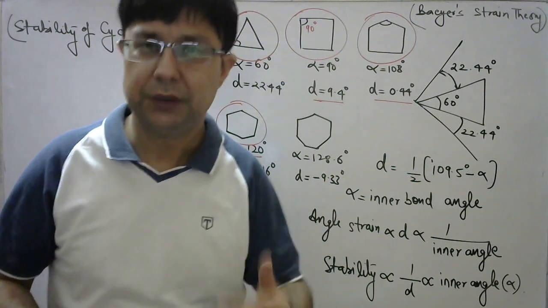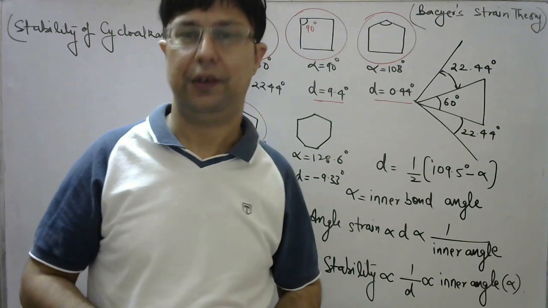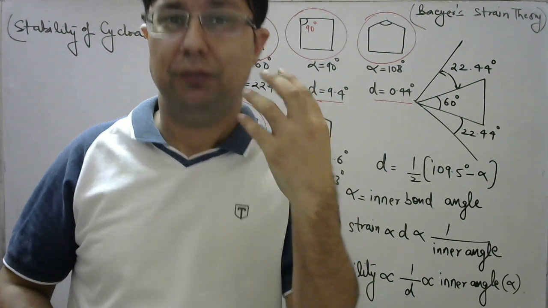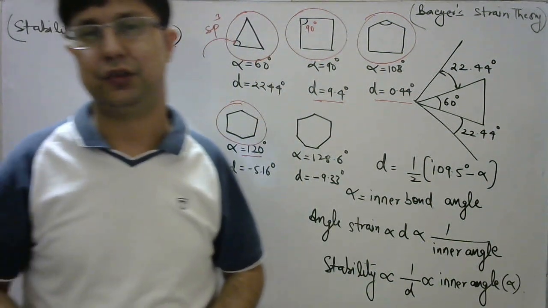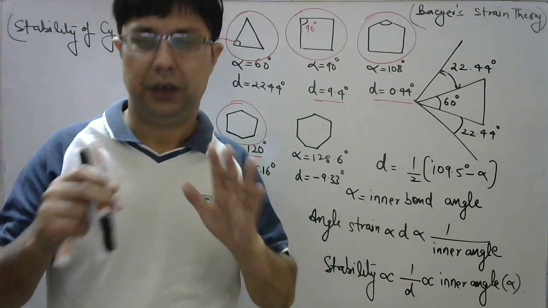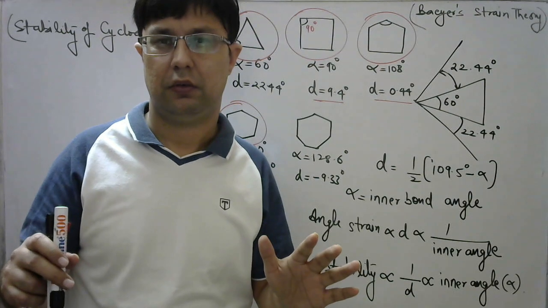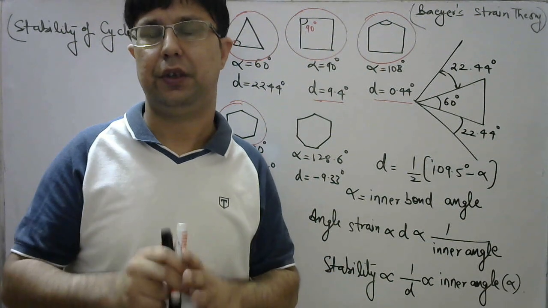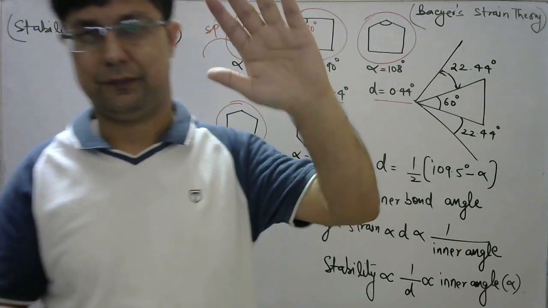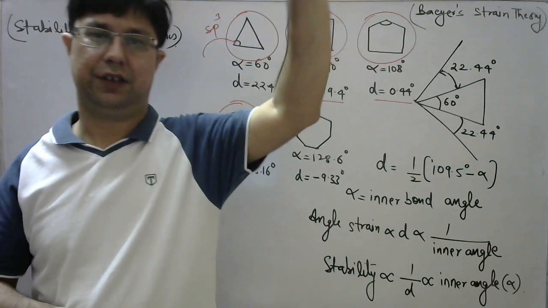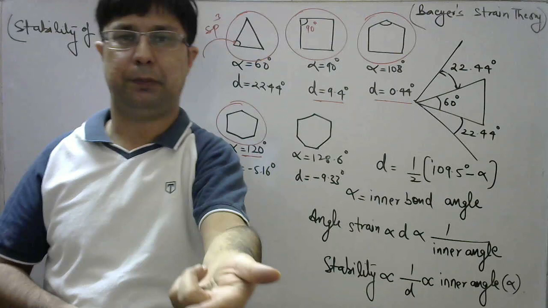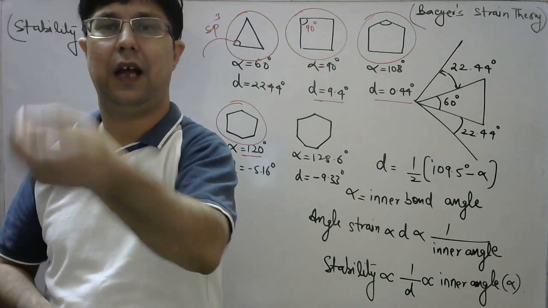It is the six-membered ring, called cyclohexane, which is observed to be the most stable ring among the cycloalkanes. The limitation or drawback of the Baeyer strain theory was that he considered the molecules to be planar. He considered every molecule to be flat. Whereas on a practical aspect, it is observed that the angle can be